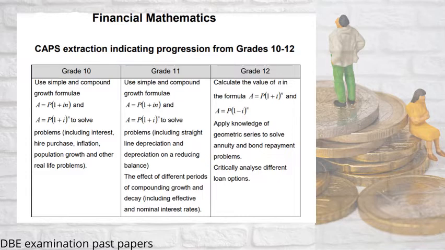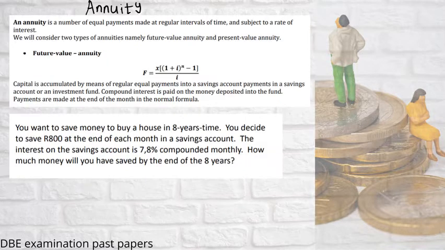So also now in grade 12 you have to apply the knowledge of geometric series to solve annuity, very important, annuity and bond repayment problems, and also critically analyze different loan options. So this is just what we're going to be focusing on today. We'll be looking at annuities and bond repayment problems, and also critically analyzing some loan options. Okay, great stuff. Like I said, today we're going to be focusing on